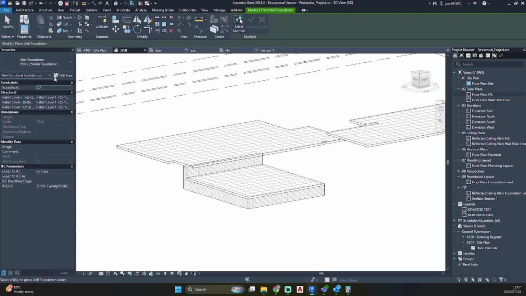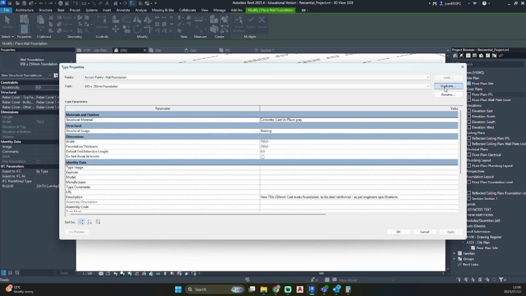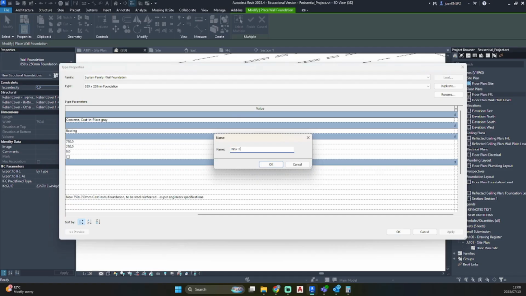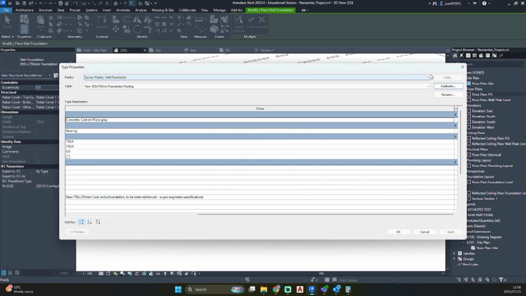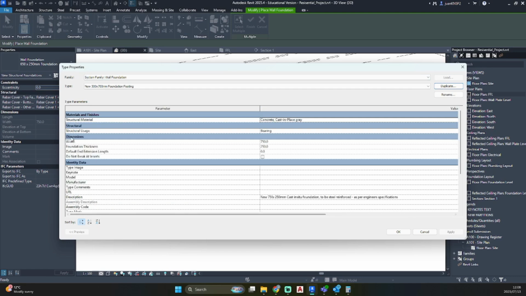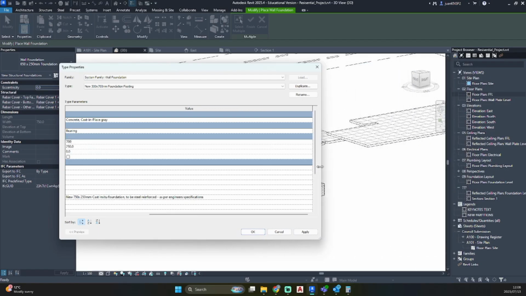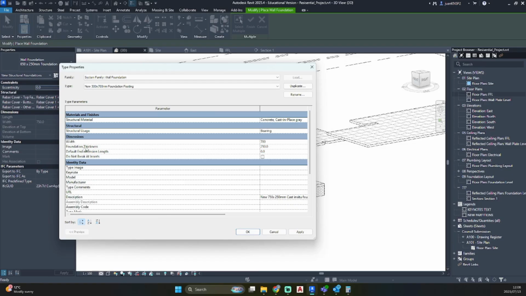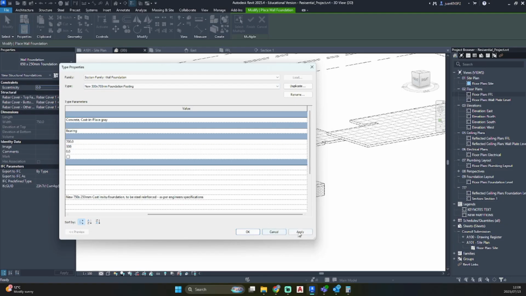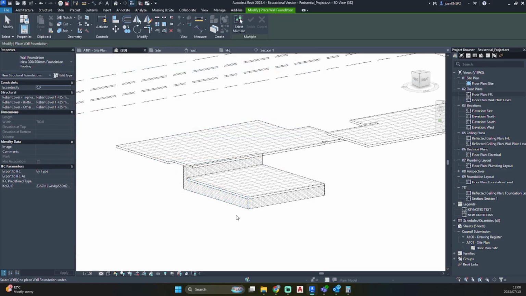So let's click on that and let's go edit type, duplicate, new, let's say 300 by 700 millimeter foundation footing, and we can see now the width is 750, we want that at 700, and the foundation thickness, in our name we said 300, so we would like to make that 300, apply and OK, and you'll see that now you have created a new foundation.